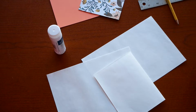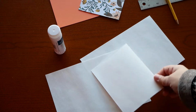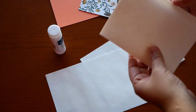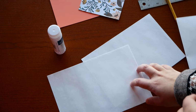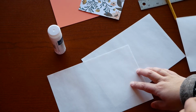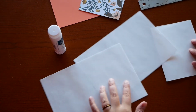And let's get started. I've got everything here pretty much that I need to get started. And the first step is going to be to fold the drawing sheets in half. Make sure you're lining these up really neatly, and do it with all of your sheets of the white paper. And then we're gonna mark off on each of these